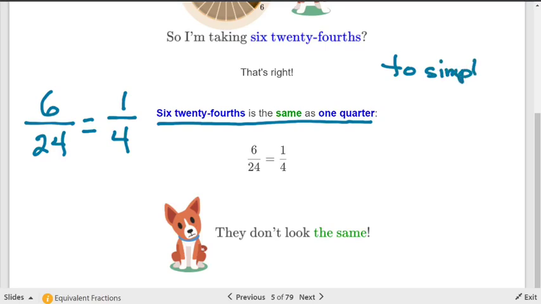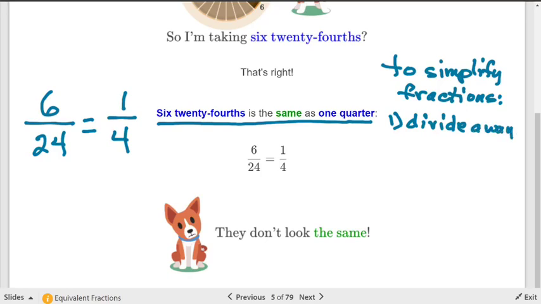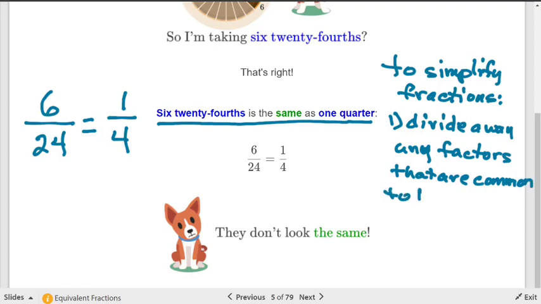To simplify fractions, I'm going to use some math words that you need to be familiar with. First, you're simply going to divide away any factors, and that's the math word that we're going to talk about, any factors that are common to both